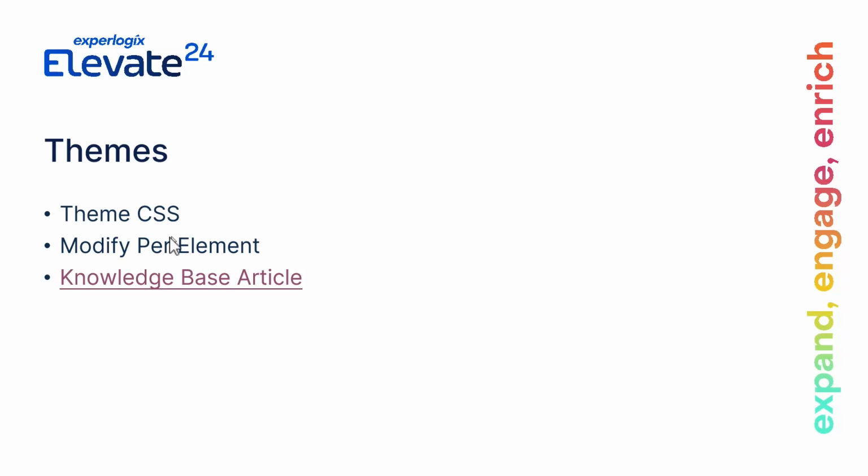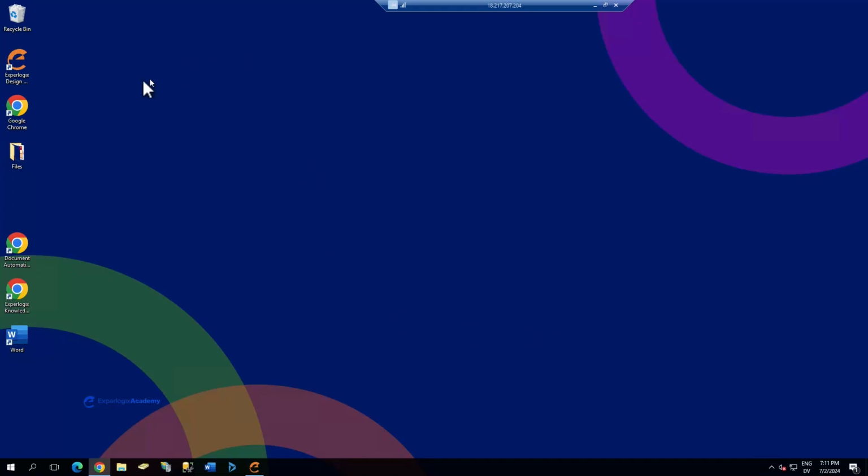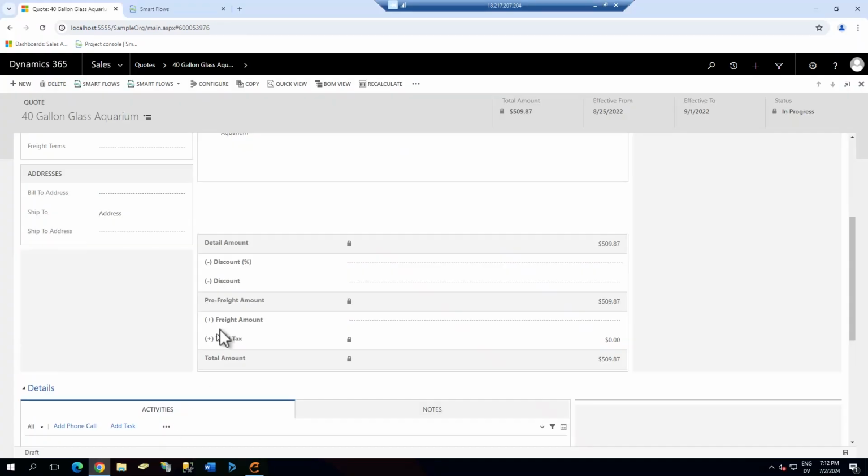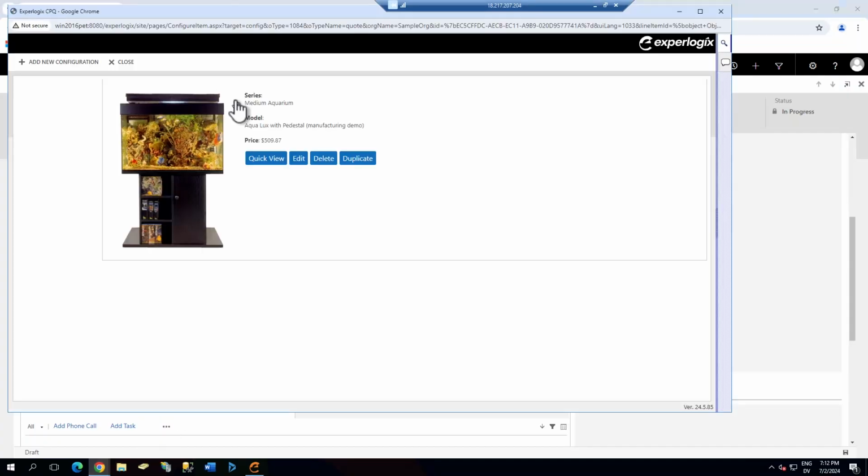So you can see here it says we have a theme CSS and we're able to modify per element. What do I mean by that? Well, if we look at our old CSS, the way that this was done was it was a monolithic file, meaning there's just sort of one huge file for everything. And I'll show you what I mean. If I launch the configurator here,